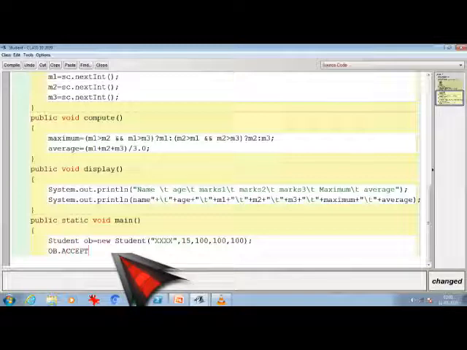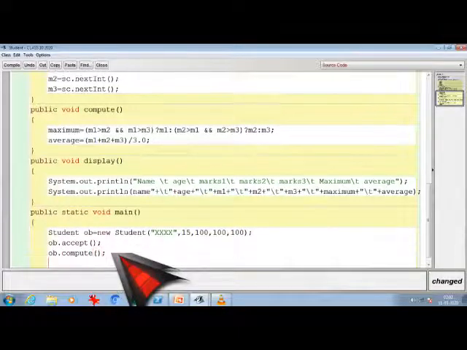Sorry, I have to make it in small. So ob.accept, then ob.compute, and lastly I have ob.display.